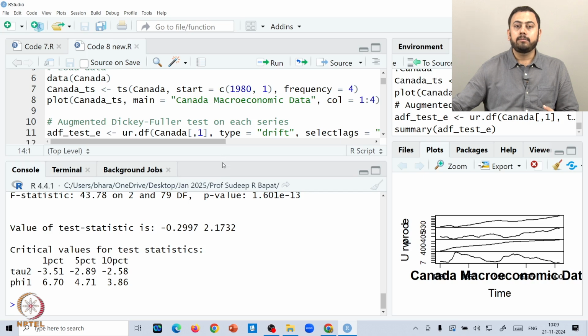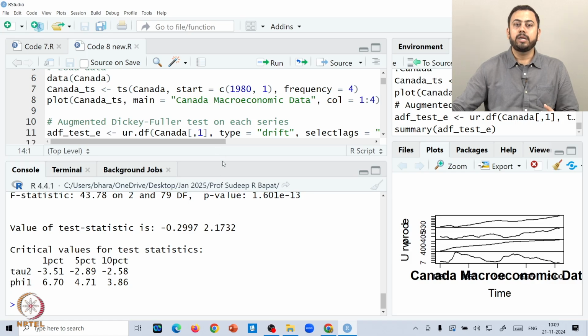Okay. And again, if you remember, if you go back to one of the earlier practical sessions we've covered, the null hypothesis in the ADF test is that the series is not stationary, isn't it? So the null hypothesis is that the underlying series are not stationary. The alternative hypothesis in the ADF test is that the underlying series is stationary. So here, since you are not able to reject the null, we can actually say that both the series individually are not stationary here. Make sense so far?